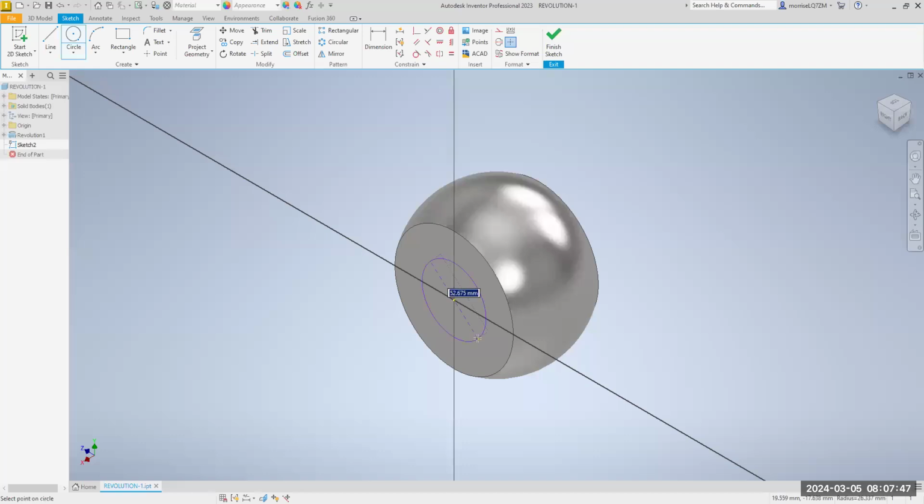And we're going to make this 25. So 50. So it's 50 millimeters in diameter. Hit enter. Do a right click. Okay. Now, the depth of this, we have to look at this as, well, if the total width of this